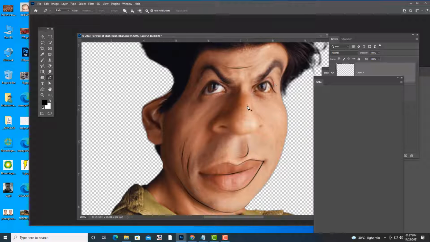Just one last step: we have to create a lining for our nose also.